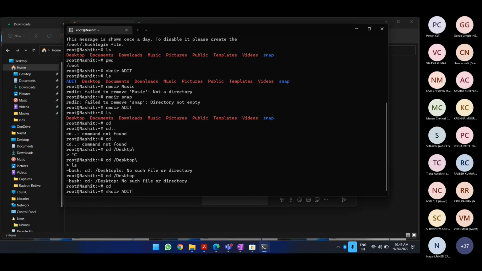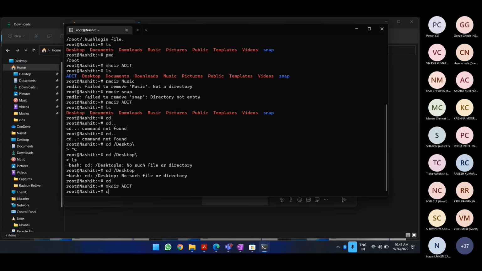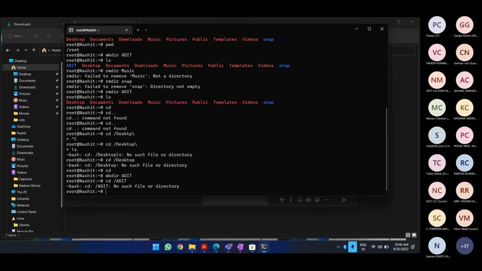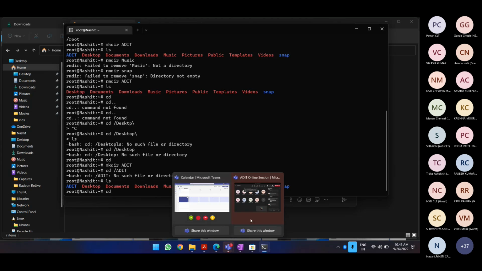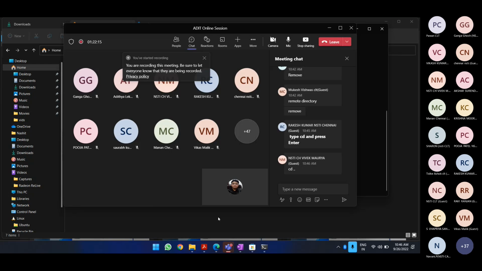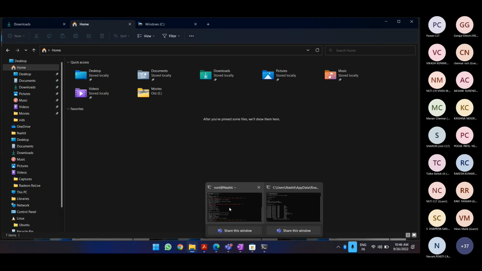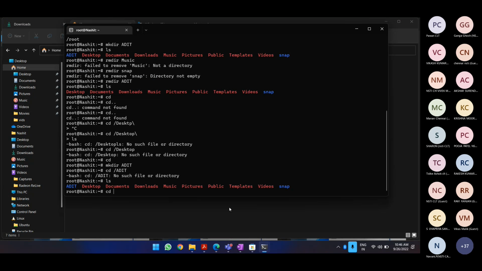Let us have it ADIT, and then let us move into this directory, cd ADIT. Let me check out this ls command, and ADIT we already have. cd, that won't work since we already are in it.